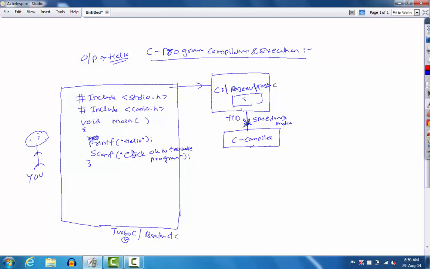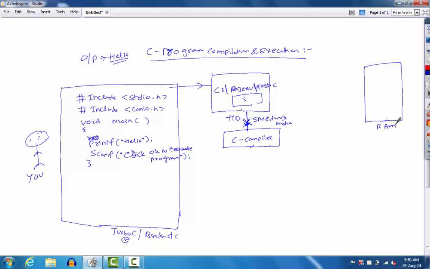Because of this speed mismatch, the RAM comes into the picture. Computer manufacturers give two electronic devices, one named hard disk and the second named RAM. Every computer will definitely have a RAM memory. The basic difference between the RAM memory and the hard disk memory is that RAM is a high speed electronic device, whereas the hard disk is a slow speed electronic device,